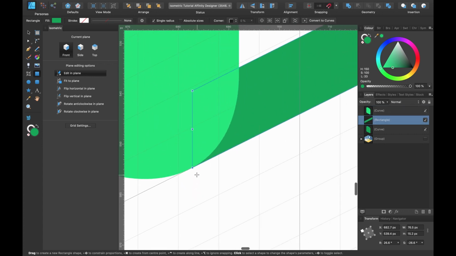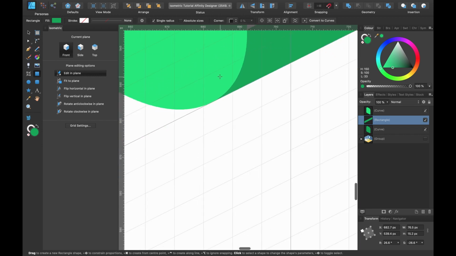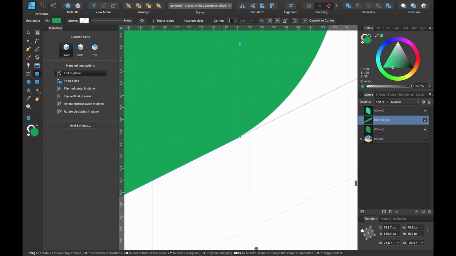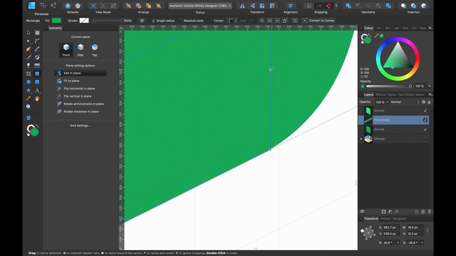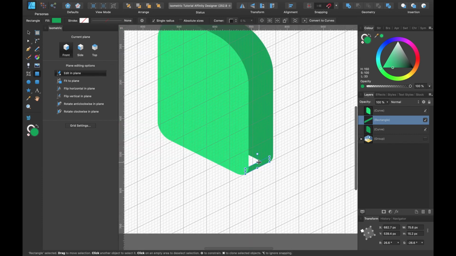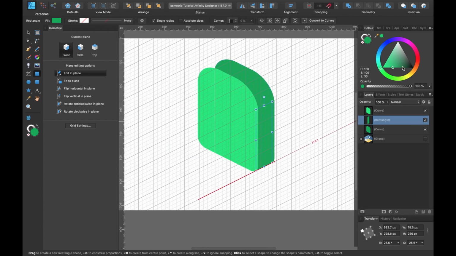So I'll just zoom in to see whether anything's poking out. No, that looks okay. And I'll just head up here to see whether it's poking out. You can see it is a little bit. So I'll just bring that back slightly. And I will drag this up. So we've got the main shape behind, and we've got this extra bit that we've just drawn, this bit here.